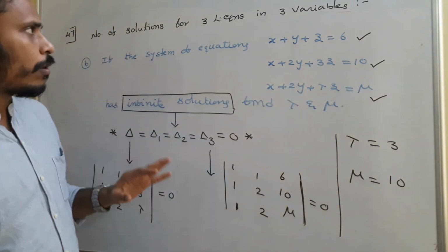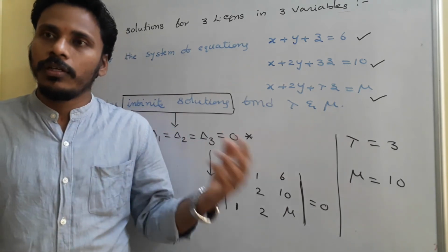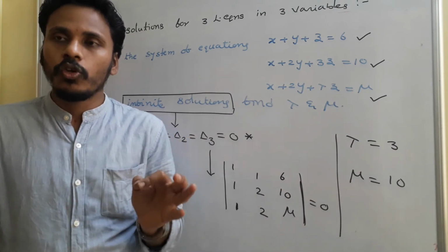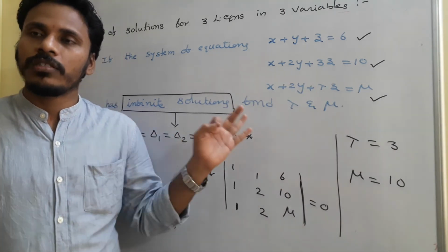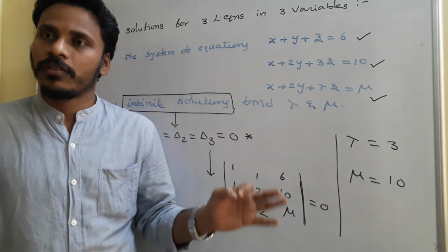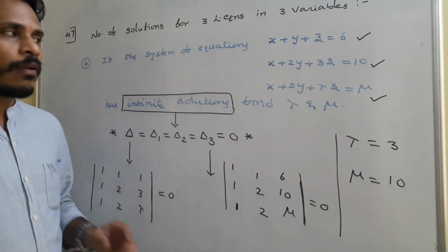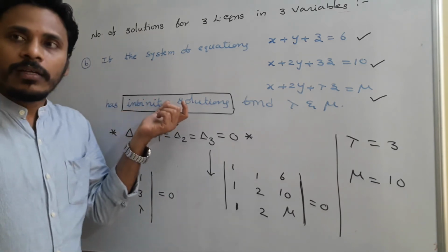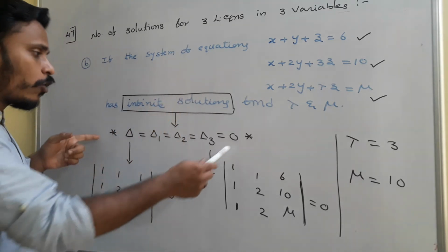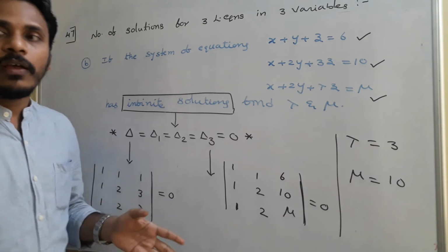So this is one problem related to the number of solutions. Basically, in competitive exams like JEE Mains, for sure you will get one question related to the number of solutions. 100% you will have one question in JEE Mains related to the number of solutions. We just need to solve in such a manner. First of all, we need to find out the number of solutions as per the given problem, and we need to find out the restrictions. After that, we will directly calculate the determinant values. There ends the problem.